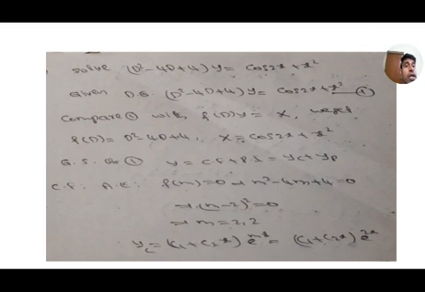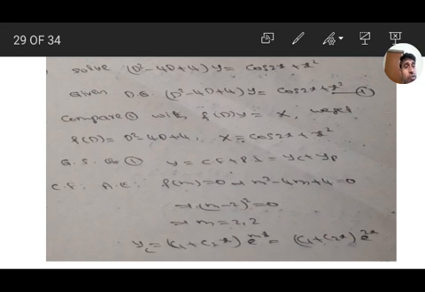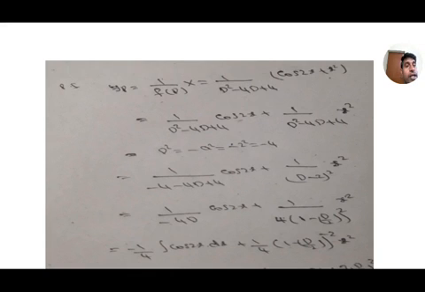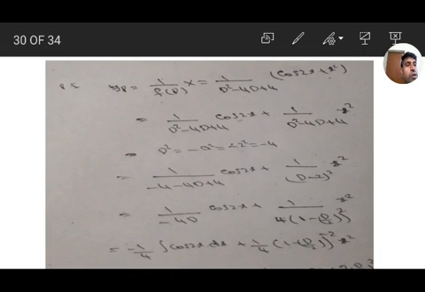And here we are getting f of D of y equal to capital X. We got f of D is D square minus 4D plus 4, and capital X is cos 2x plus x square. Solution is complementary function plus particular integral. In the complementary function, we got f of m equal to 0, roots 2 comma 2, that is c1 plus c2x e to the power of mx. M means here 2.